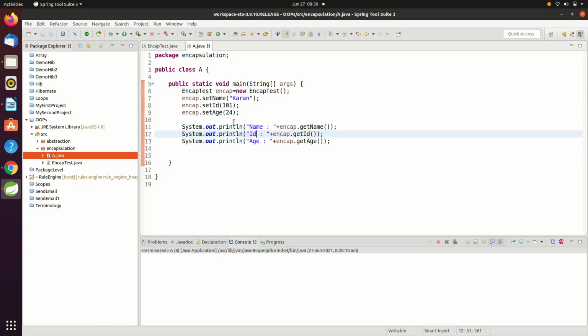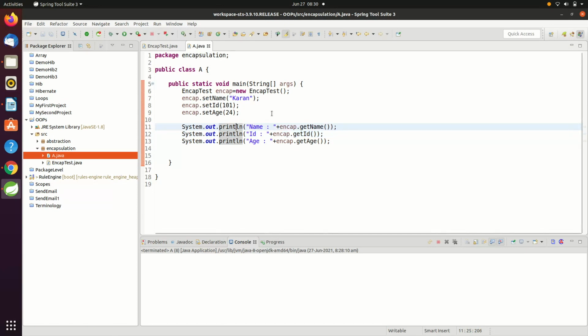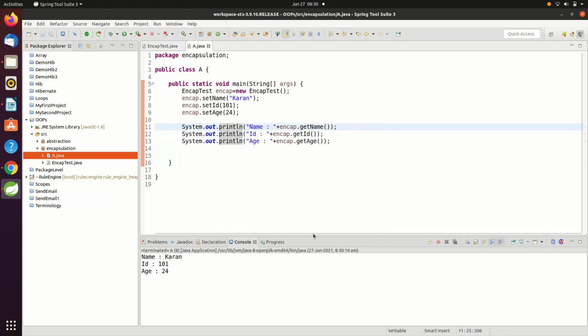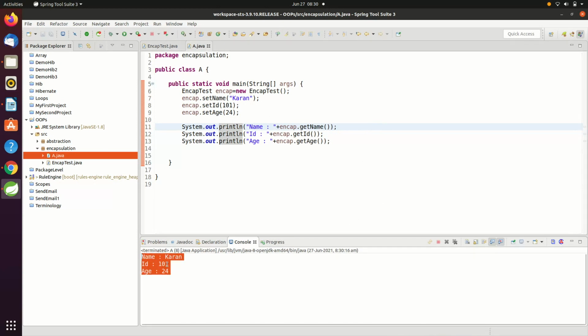Yes, we are done with it. Now let's again right click, run as Java application. Did you see that, guys? On the console your name, id and age has been printed.